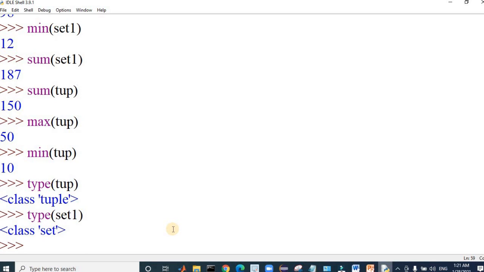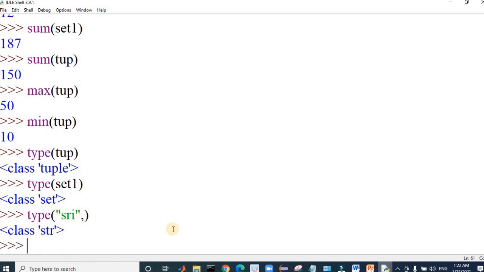Similarly, let us see one more example, if you want to know the type of a value like this. Here, it is printing str because it is of string type.